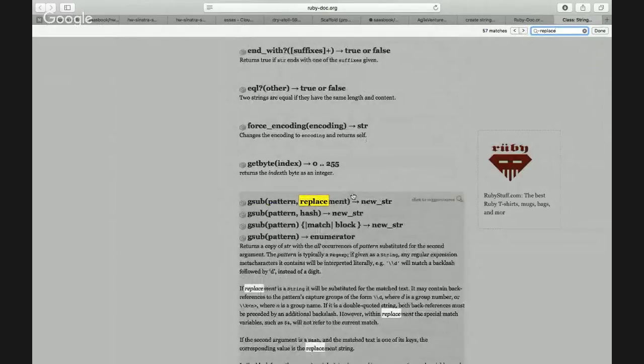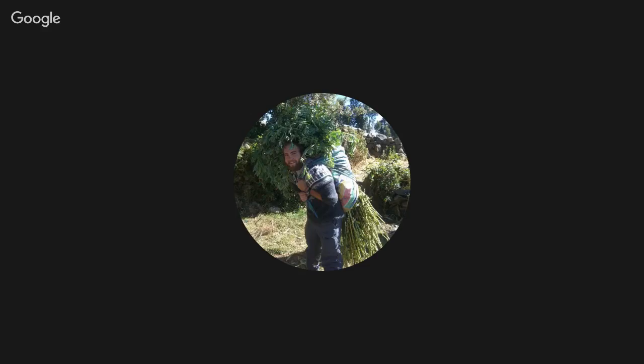GSub. I think you don't even need a replace function.